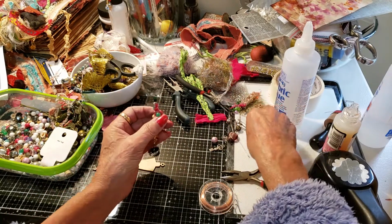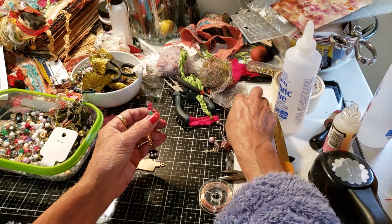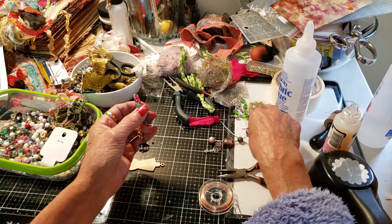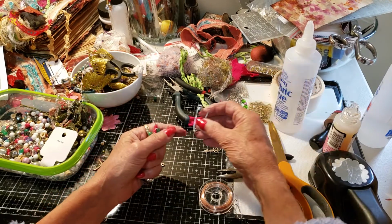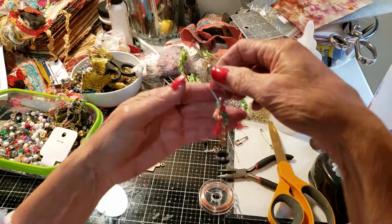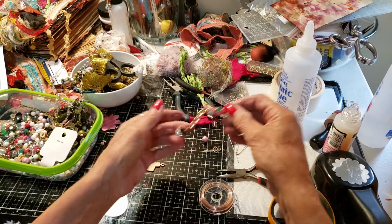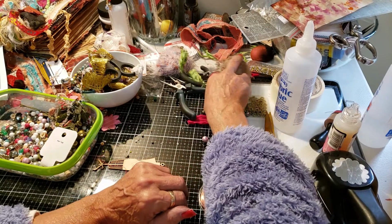And then you just get one of your safety pins. I can only see a big one at the moment. But get one of your safety pins and hook it in and hang it off your book. So that's another way of playing. Another way,